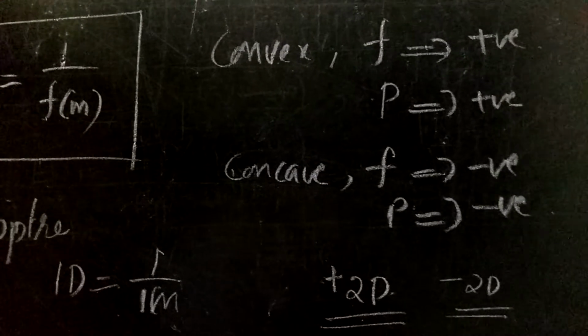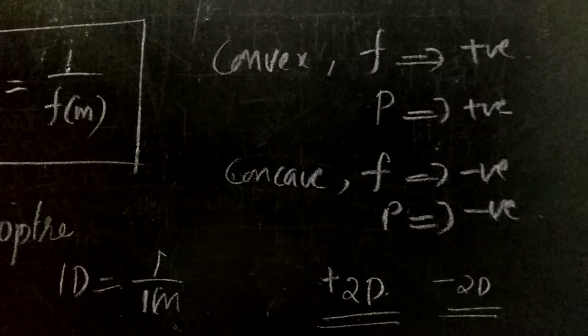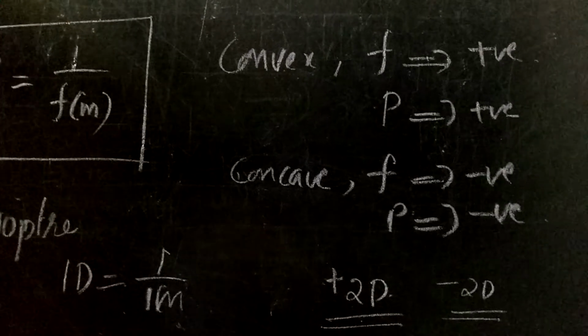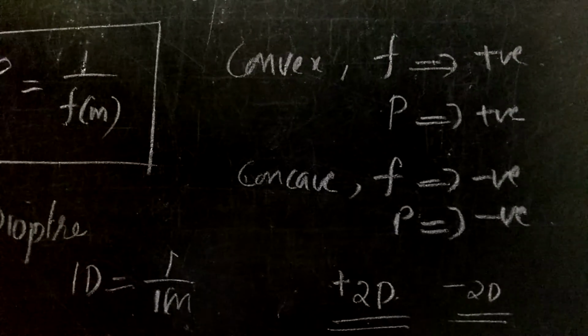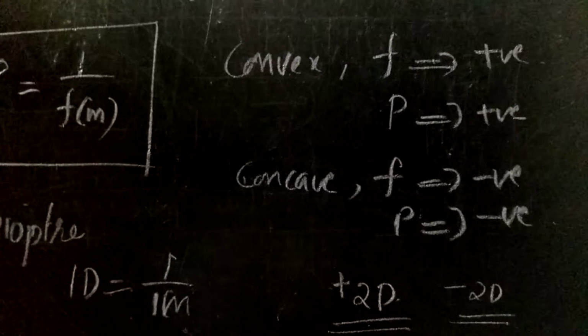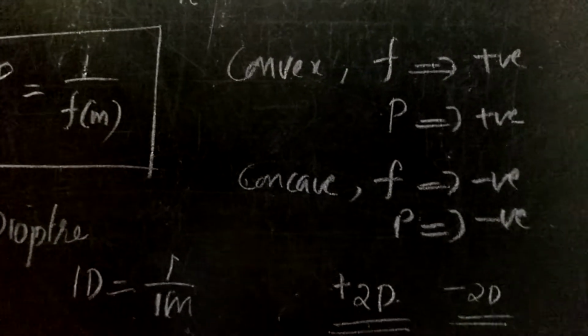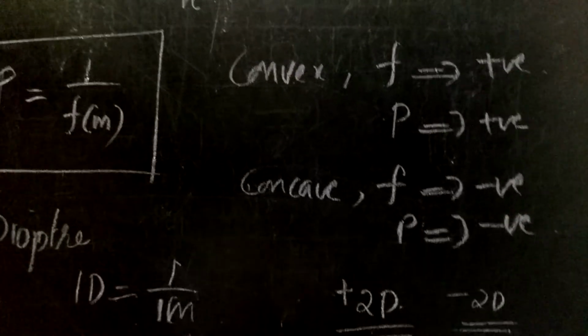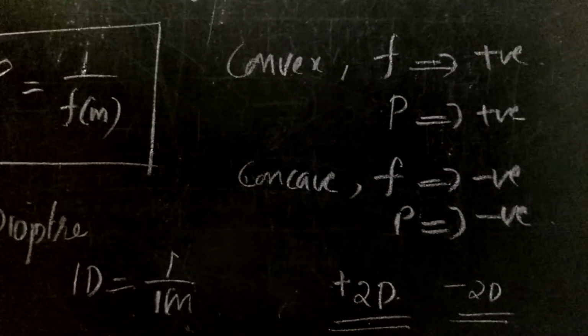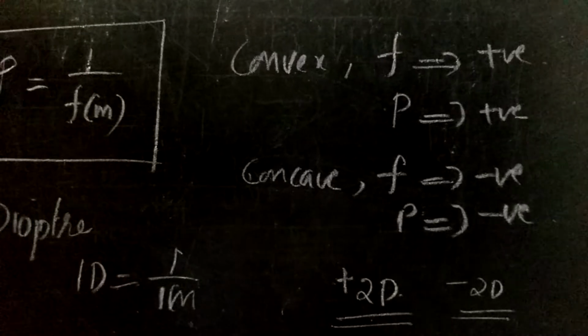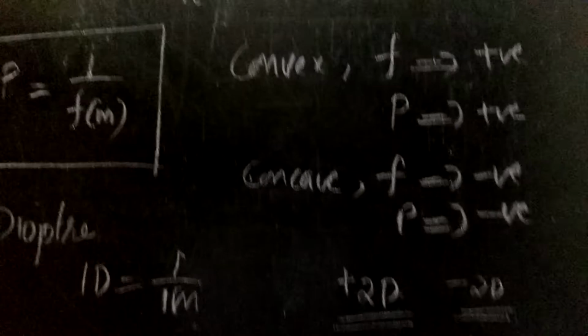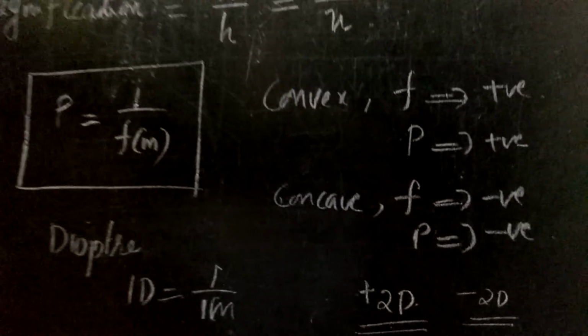Usually in the spectacles, when we are using a lens, the doctors will write the power. Is it 0.2, 0.25 or 0.75 or 1 or 1.5 or 2. Likewise they will write. It may be negative or positive, isn't it? So that shows whether it is a convex or concave.